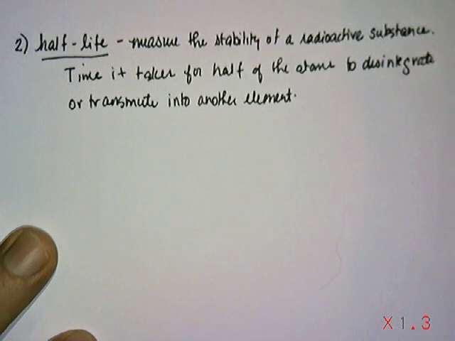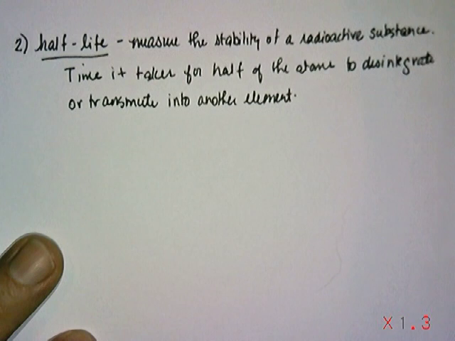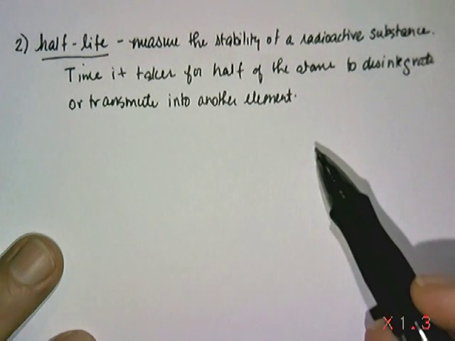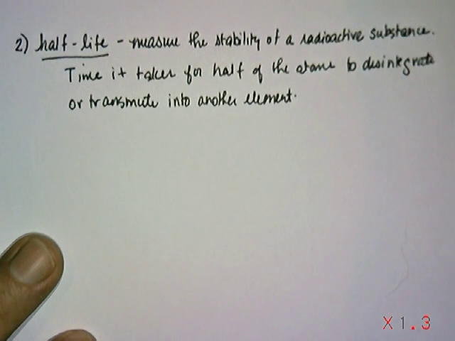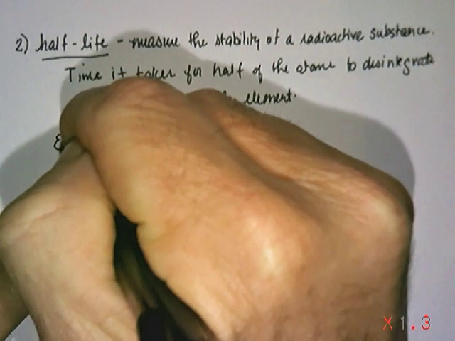The next linear model we're going to consider comes from the computation of half-life. Half-life is the ability to measure the stability of a radioactive substance. Another way of thinking of half-life is the time it takes for half of the atoms associated with the substance, the object, to disintegrate or transmute to another element. So the example we're going to do for half-life